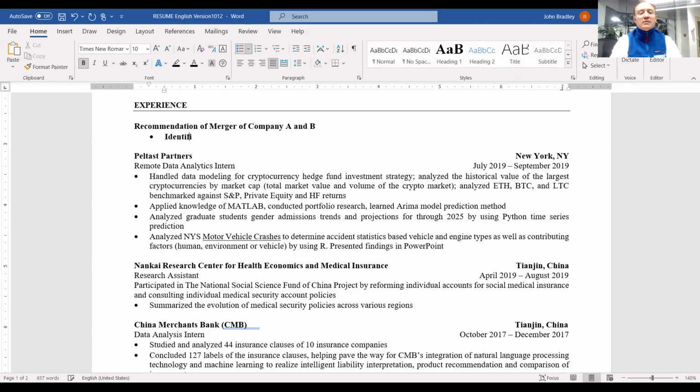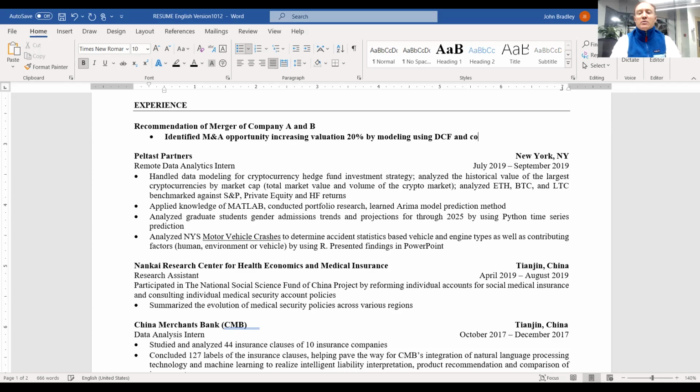So identified accretive M&A opportunity, raising, increasing valuation, 5 billion, 20% by, and then modeling using DCF